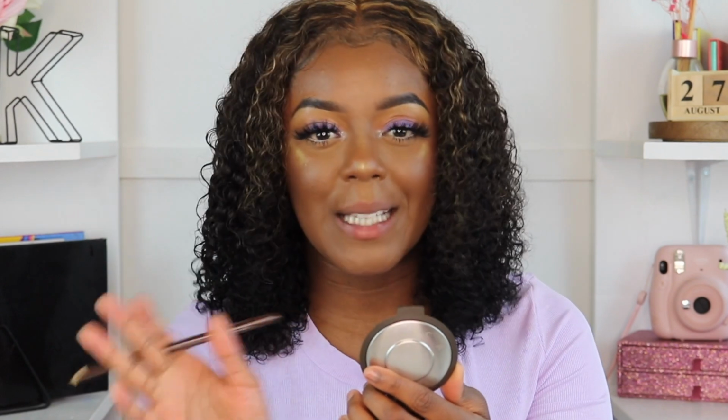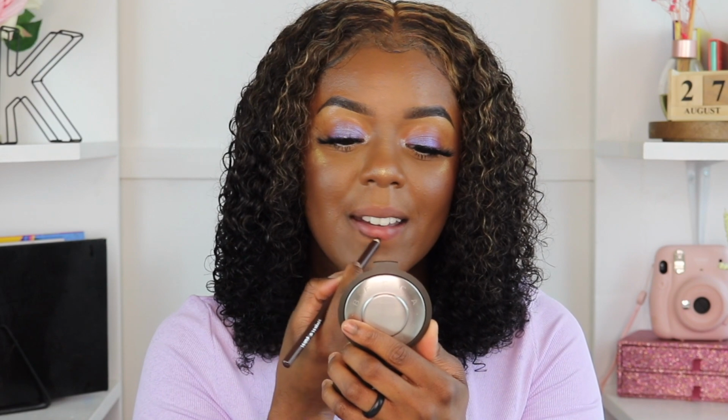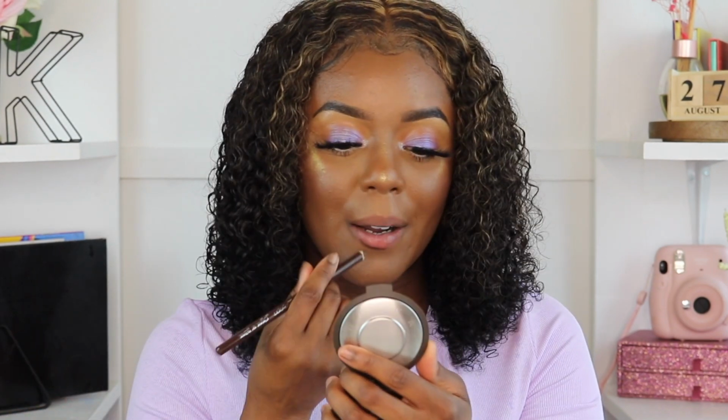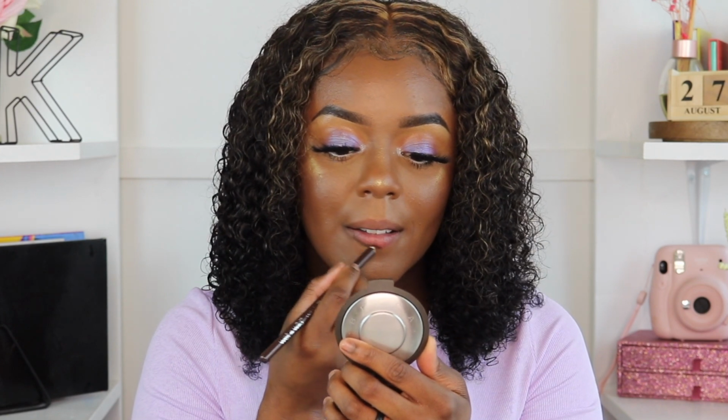So the first thing I'm gonna go in and do is line the bottom of my lip. I always start with the bottom. I don't know why, but that's just my starting point. So let's get straight into it. And I go a little bit underneath my lip because I overdraw my lips just a tiny little bit. I have little lips, so I just want to enhance them a little bit. Okay, so I go in with my lip pencil,